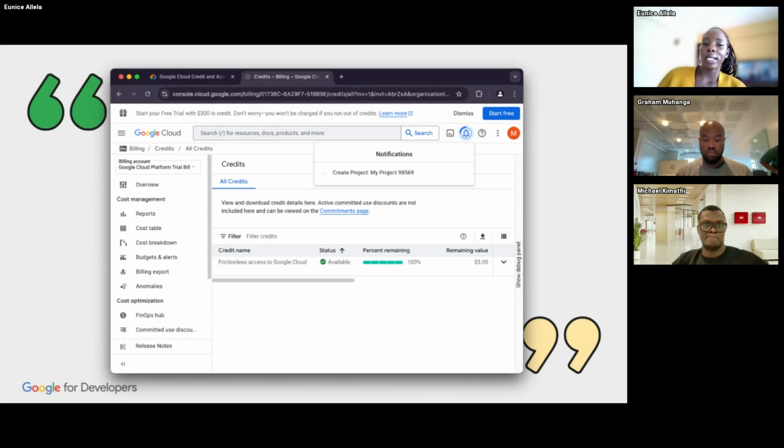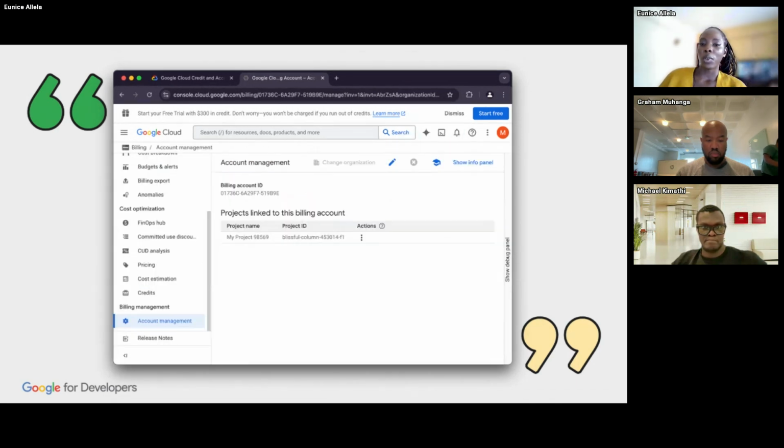So ideally, please ensure that your billing account, if you look at the right, there's a part written billing account. Please make sure it's written Google Cloud Platform Trial Billing. Do not use the one that maybe you're paying for. We are making this accessible for you at all costs. If you go to account management, you should now be able to see your project information there linked to that particular billing ID. I don't know if anybody is stuck at any point. On my end, I'll try to see if there's anybody who has used up the credits or if we're having any challenges. Okay, seeing a majority of us have.